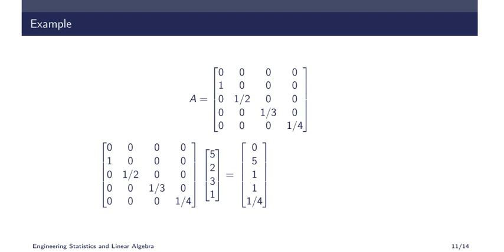Half into 2 will be 1, and 1 by 3 into 3 will be 1, and 1 by 4 into 1 will be 1 by 4. Now if you represent this, this will be 1, this is x square, this is the coefficient of x cube, and this is the coefficient of x raised to 4, and this can be written as 1 by 4 x raised to 4 plus 1 x cube plus 1 x square plus 5x plus 0 into 1, so 0. So this is how we do the integration, similar to differentiation.